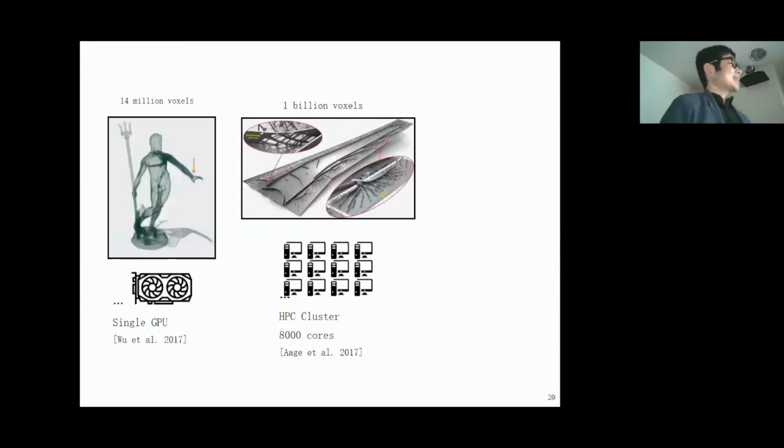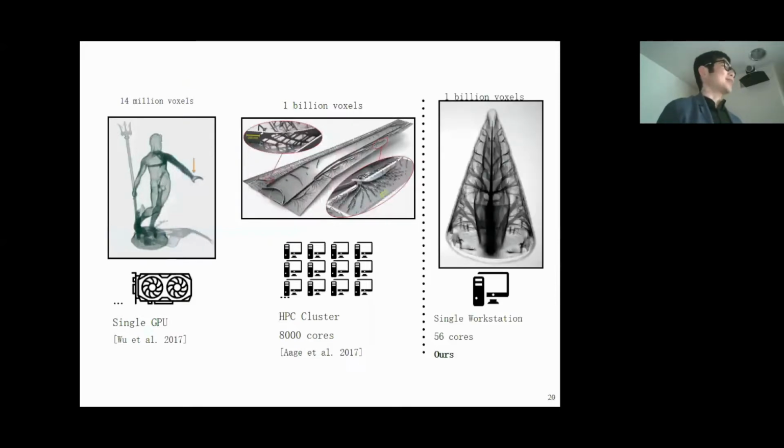And so that is what people did in topology optimization. If we can have a high resolution grid, then we can have a better representation of our geometry. So people can do it on GPU and on high performance clusters with tens of millions or even billions of voxels, depending on the computational capability of the machine. And actually, what we did is we want to achieve this kind of resolution on a single workstation